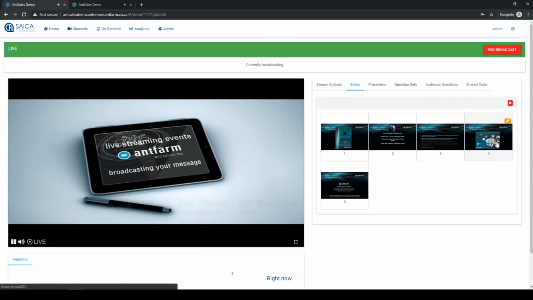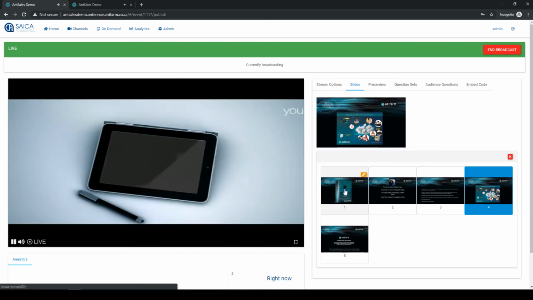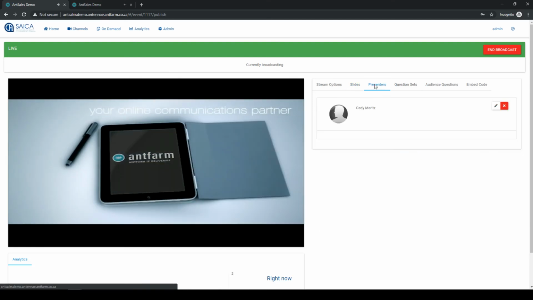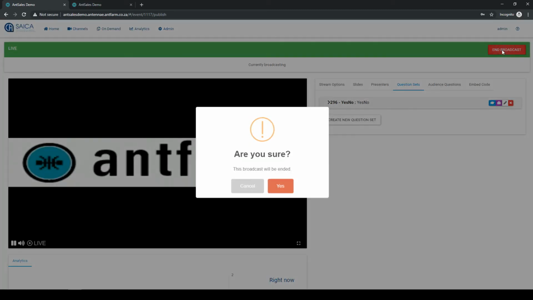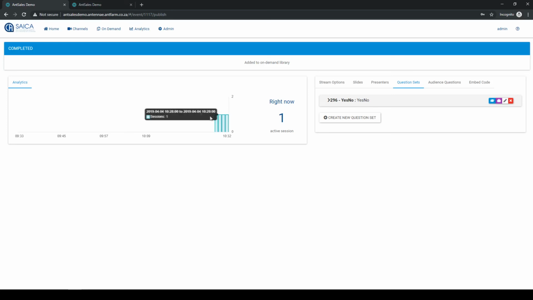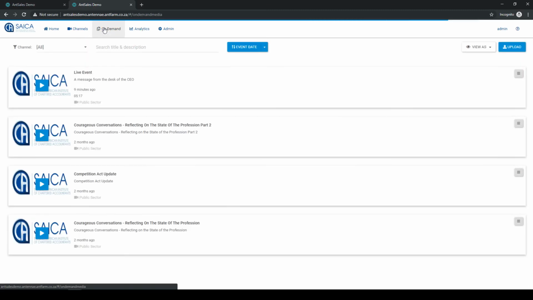Going back to the control room, you can change presenters and slide again. But once your message is finished, you can click on the End Broadcast button. Clicking on the End Broadcast button will ask you if you are sure, and it will start the on-demand conversion process. Clicking on On-Demand will take you to the On-Demand library, and it will show you the event that was just live. This video will be playable in around 1 minute, but we don't have time for that, so